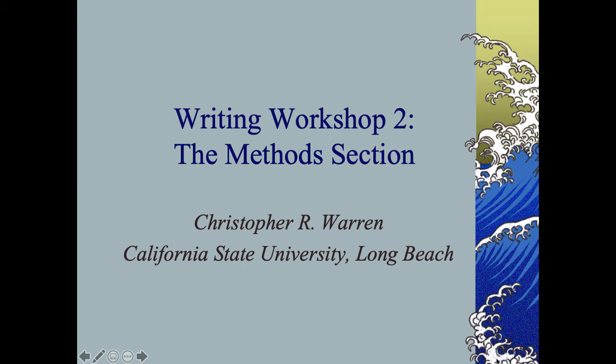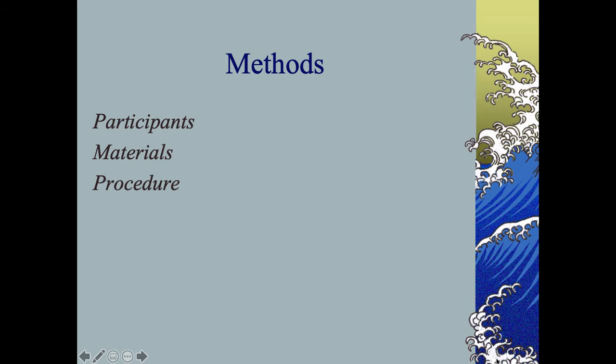So I'm going to try to do this somewhat briefly, but I encourage you to look at the slides again on your own in detail, look through the appendices of your books and the APA manual and things like that to get suggestions for the method section, which entails basically the participants, who you'd like to use, the materials and measurement devices you use, and the procedures you use to gather this information, right?